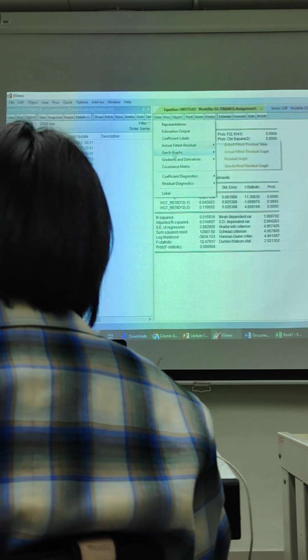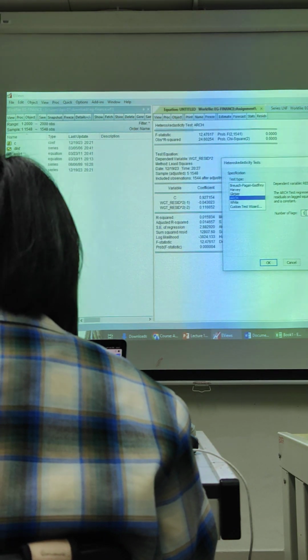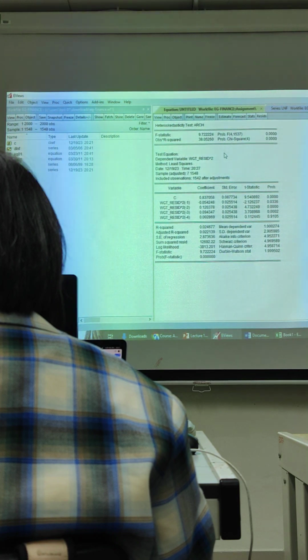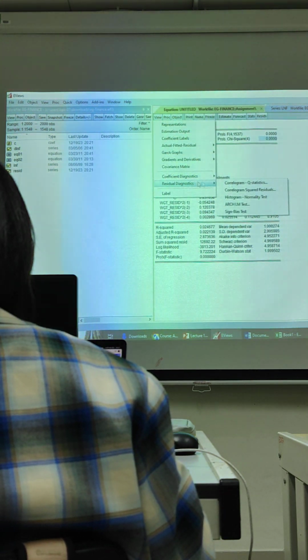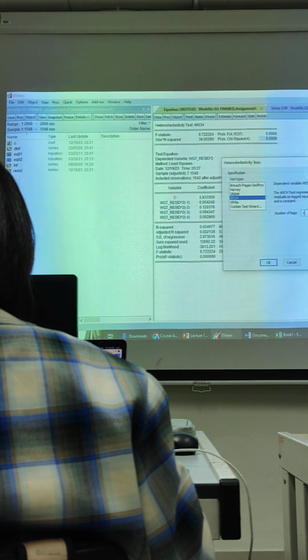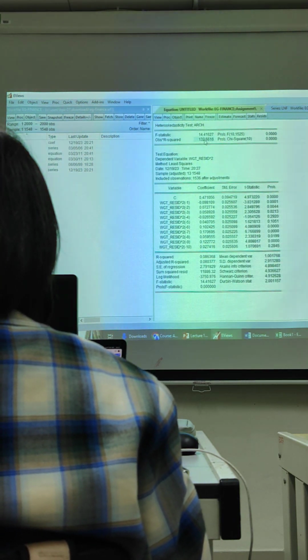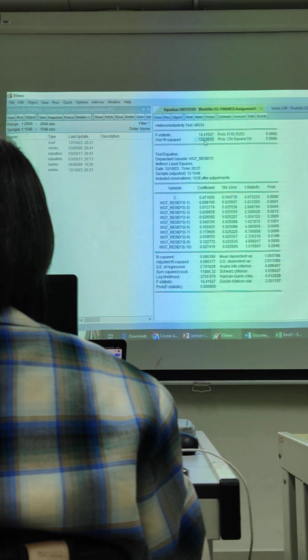You can go to View again, Residual Diagnostics, click the ARCH test again, and then click on 4. Click OK. 38. Still significant. Still got ARCH effect. Go to View again, then Residual Diagnostics, then ARCH, and check for 10. Click again. 132. The test statistic becomes bigger and bigger, so actually it still has the ARCH effect, even though you already modeled for ARCH.